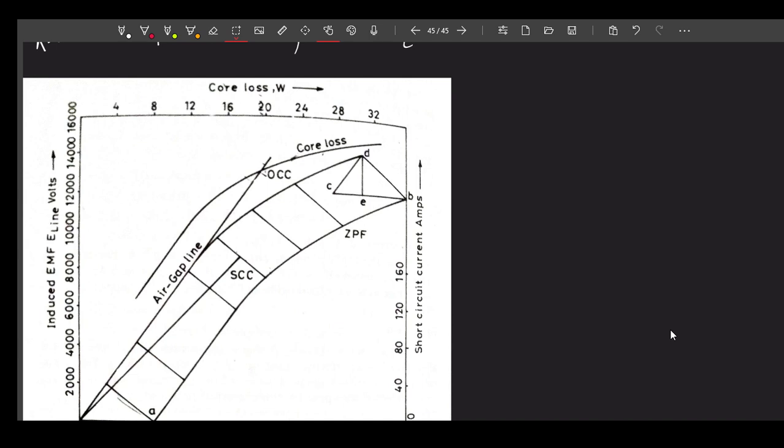In case of SCC and zero power factor, if you disregard the armature resistance, what you will have is your full load armature current lagging your terminal voltage, or whatever induced EMF E you are having, by an angle of 90 degrees, right? So if it lags the voltage by 90 degrees, then of course it makes perfect sense that this one, like whatever we are talking about,